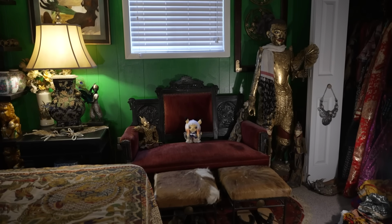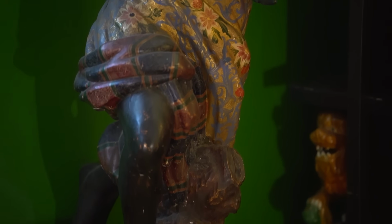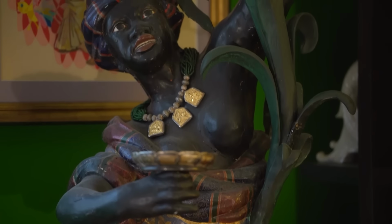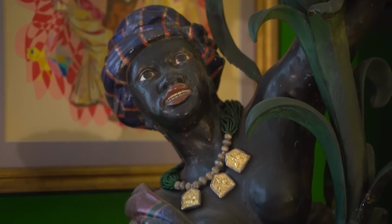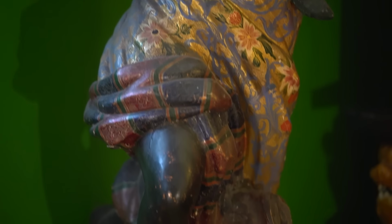This piece right here is the oldest Moor in the home. She's 18th century, and she's wooden, polychrome painted, and she is Venetian. I acquired her through auction. I see Moors every now and then, but this one was really special to me because it was holding a flower. I've never seen a Moor done in that manner, so I was like, I have to have her. And I gave her the necklace. So some of the pieces in my home, they're wearing jewelry. They didn't come with the jewelry. I just kind of decked them out a little bit, a welcome gift,